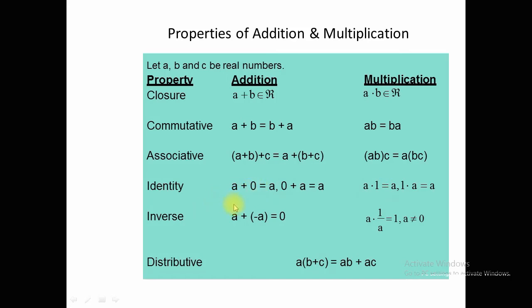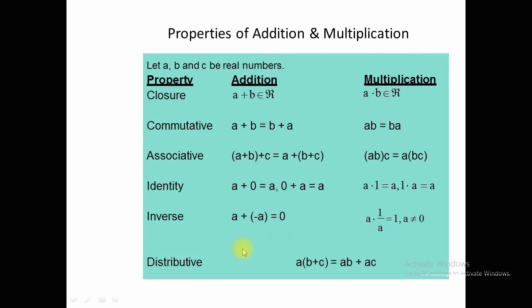And in the set of real numbers there exists an additive inverse for each real number. Additive inverse means that for any real number A there exists a number minus A such that A plus minus A equals 0. And in the set of real numbers there exists a multiplicative inverse for every real number except 0. Suppose for any real number A there exists 1 over A, also a real number, such that A dot 1 over A is equal to 1, where A does not equal 0. So in the set of real numbers, 0 has no multiplicative inverse.